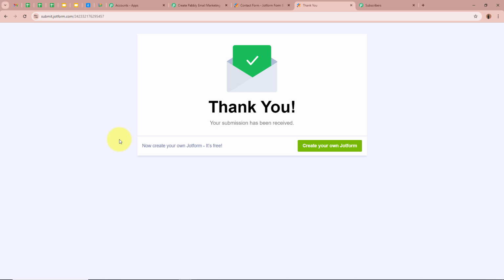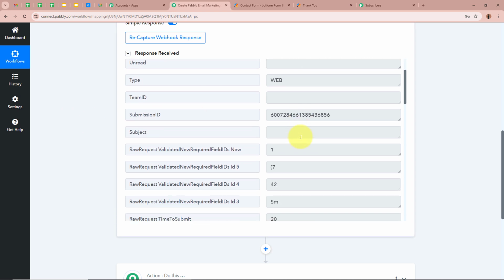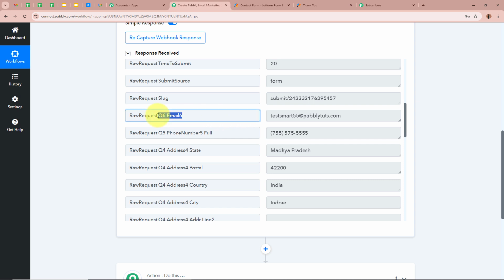So now I'm going to open my Pabbly Connect workflow that I've created, and I'm going to check whether Pabbly Connect has captured the response of this test submission or not. For that, I'm going to open my workflow and scroll down, and yes, you can see right over here, Pabbly Connect has captured the response of the form submission being done. If I scroll down and tally the response, for the email as